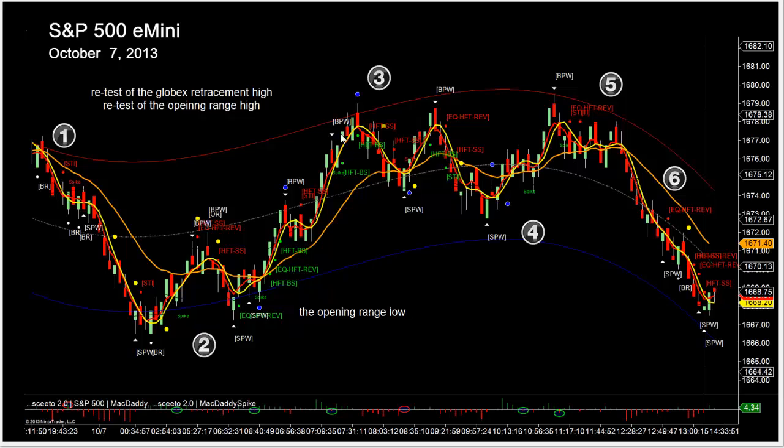The computerized buying diminished on the retracement back to the 1678 price level. There were two modest pullbacks, first down to 1674, followed by a retest of the high, and then a second pullback down to 1673, followed by a third retest of the high. During both pullbacks, the order flow events indicated that the computerized selling programs ceased executing to the sell side. However, when the market auctioned back to the high on the three separate occasions, there was lack of buying interest,